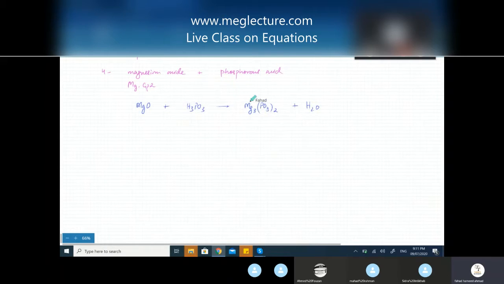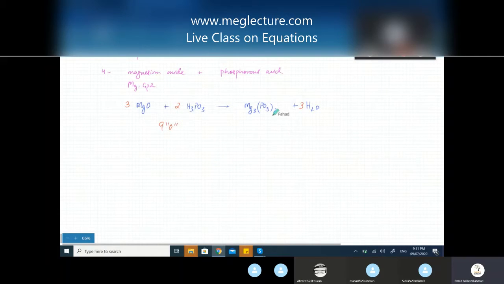For example, Mg over here is 3, so you're going to multiply this by 3. Don't touch oxygen at the start. H is 3 and it's 2 over there. It's in 2 places, so multiply this by 2, this by 3. So it's going to get balanced. PO3 is twice, so PO3 automatically became twice. And oxygen would automatically be balanced. 3 oxygens, 6 oxygens, that's 9 oxygens.